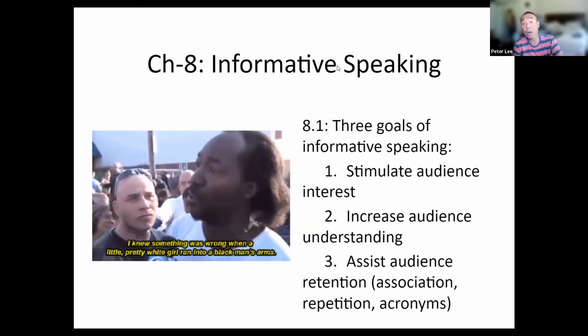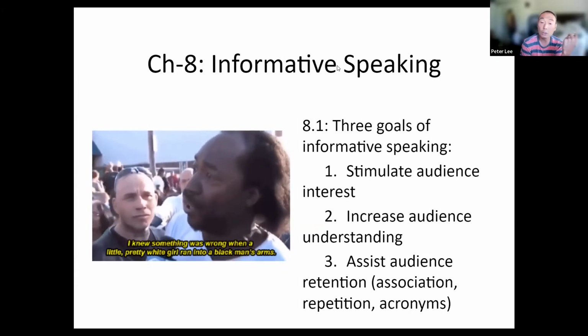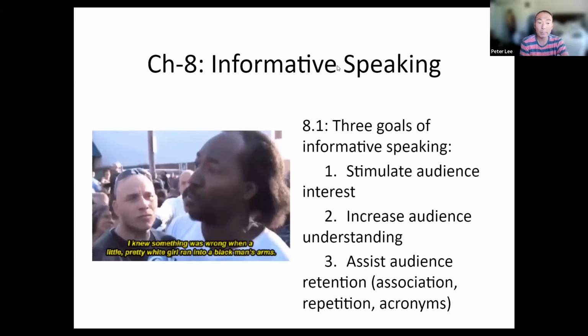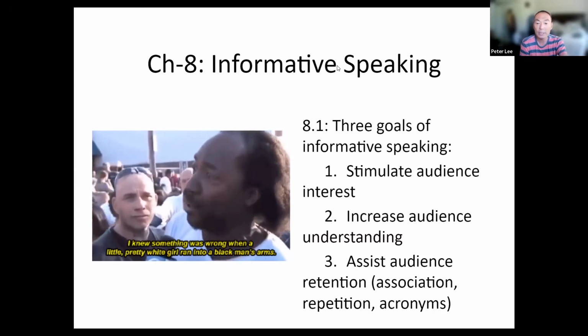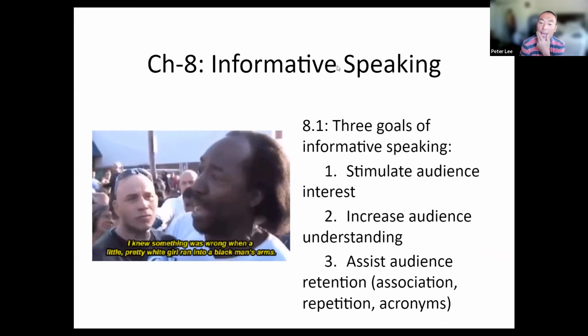So how do you help people remember what you've taught them? Association. So you connect things, right? And I'm going to give you an example of that in just a second here. Or I might say, hey,